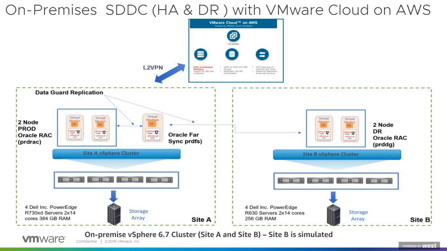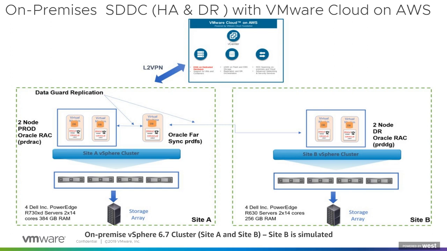On a very high level, the Oracle workload migration from on-premises to VMware Cloud on AWS can be achieved in one of two ways. The first way is using native VMware and Oracle methods. The second way is to use VMware HCX, aka Hybrid Cloud Extension. In this section, we will use native VMware and Oracle methods to migrate RAC and non-RAC workloads to VMware